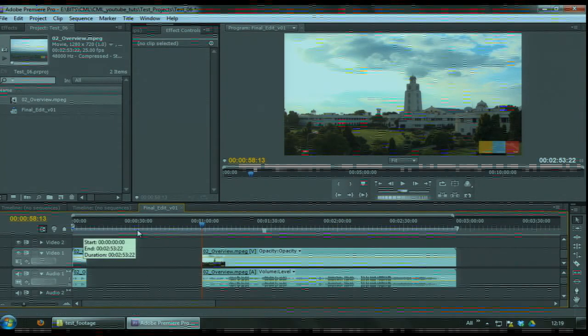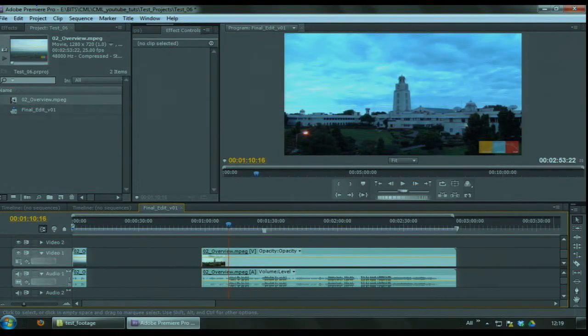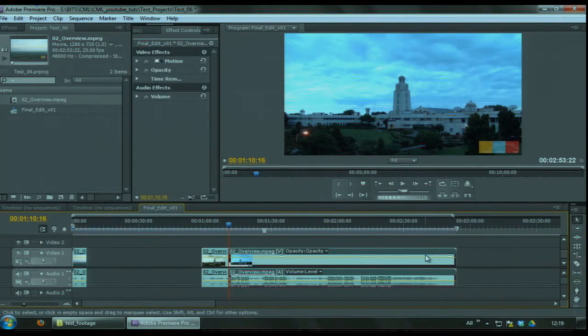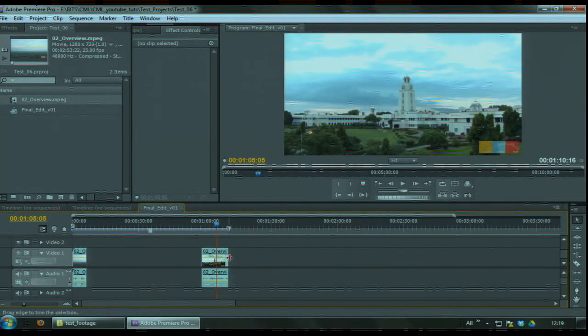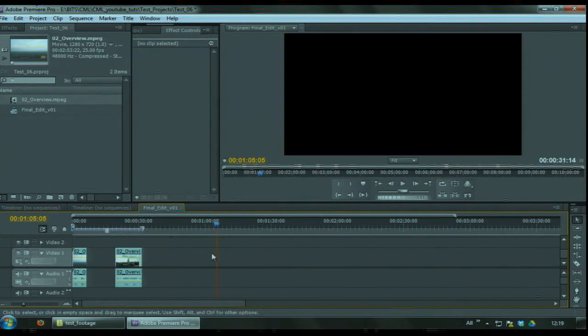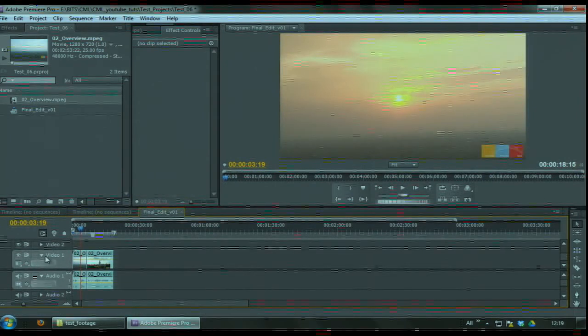So now my video that I do not require is gone, and I will again drag, and I think I will just want it up to here. Select razor tool, click, select selection tool, click, and hit backspace. So now I only have the footage that I really require, and if I want to close this gap, I can drag it so I can bring it here, or I can right click here and hit ripple delete, which basically closes all the gap. So that's about the razor tool and selection tool, which are the most used tools that you will require to make a movie. Now if I hit play,